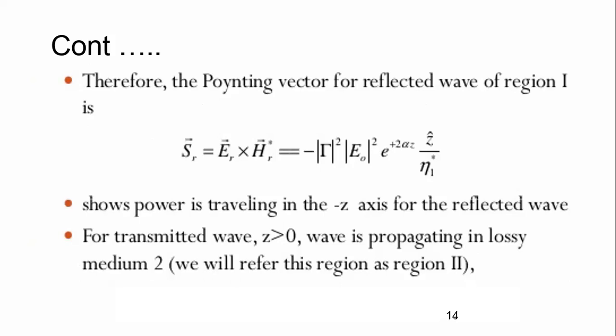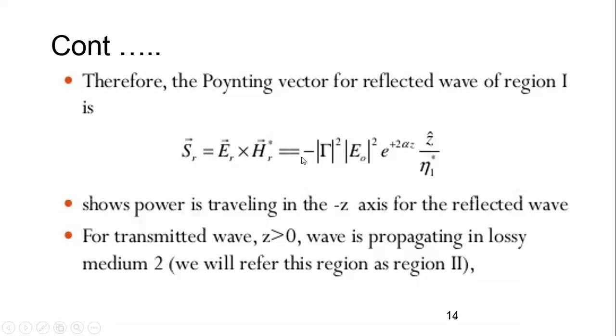Similarly, if we are interested in noting down the Poynting vector, denoted by S, in the form of the electric and magnetic field, you can write that expression for the reflected wave in that particular region. You need to first assume whether you are using region 1, region 2, or region 3. So in region 1, you can write the expression in the R and I form, that is the incident and the reflected, whereas in region 2, you can write for the incident. See here, this is the derived expression, how we got it after writing the expression for E and the expression for H by considering the reflected waves.